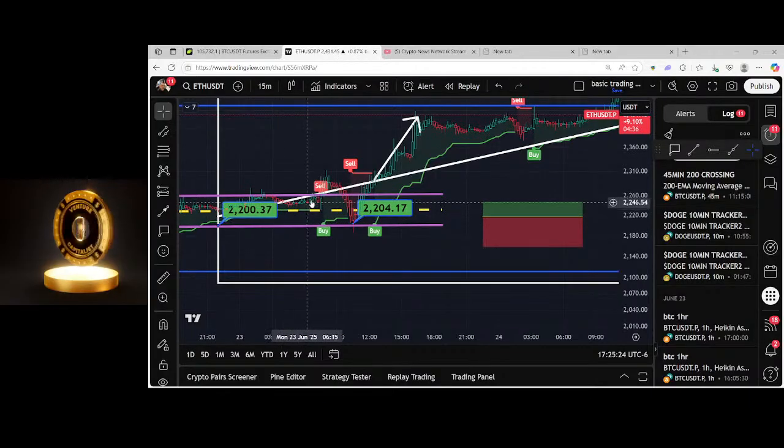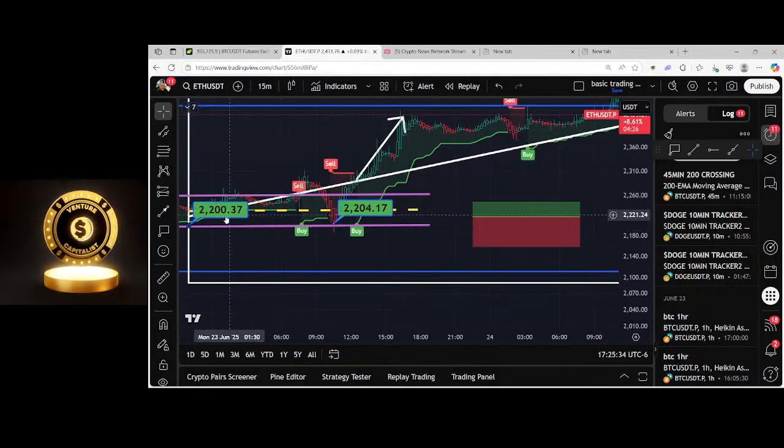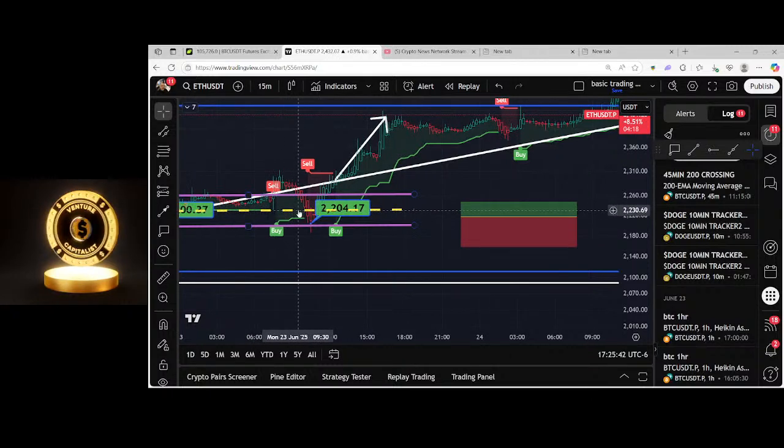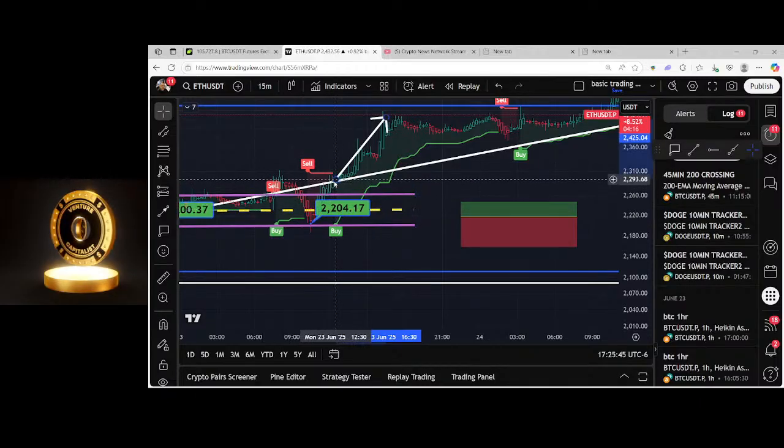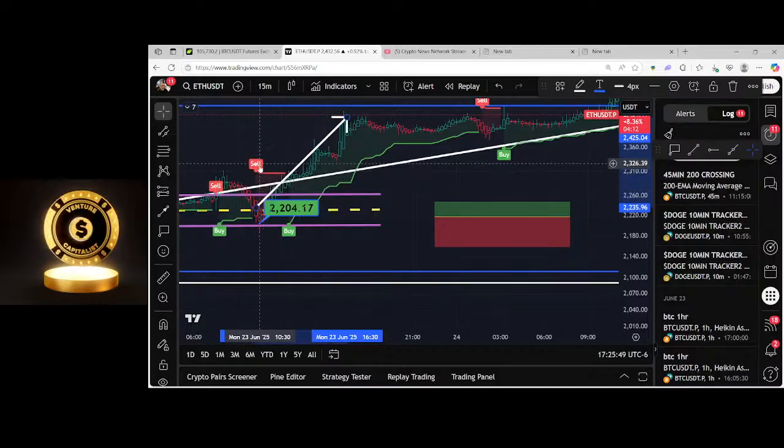You come across, you get your sell signal, which should have been a pullback. You get your next buy signal, letting you know that it's now currently time to be looking to get on this entry. You have your limit order already set. It runs its course. Let's say that it reaches here. Let's say it doesn't go all the way back down, and it runs up from this point here. You then get another sell signal, which is this one, and all that means is on the next buy signal,